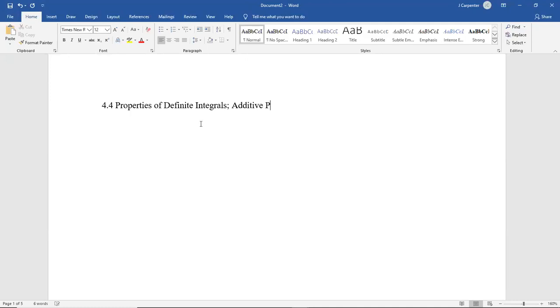The additive property, average value, moving average. So we're going to do more of this integration stuff, obviously. We might not get to moving average. I don't think that we're going to be able to cover that, but we'll definitely do this additive property and